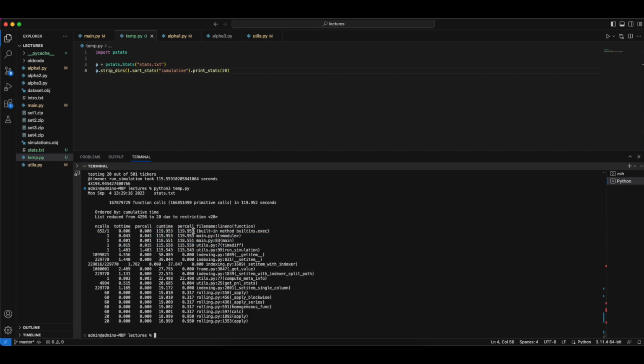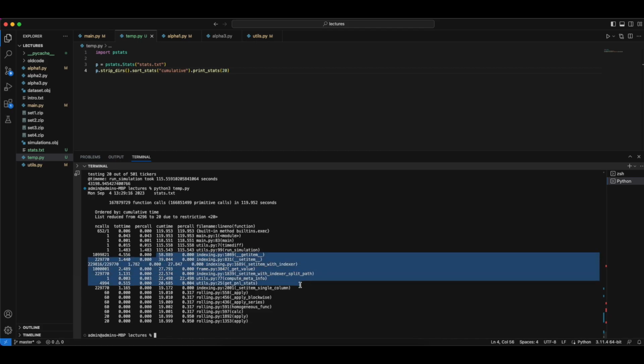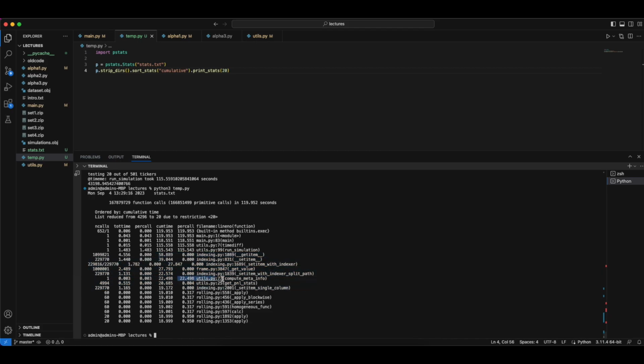So we can just ignore this. This is basically our entry into the Python code, so we will call main. These four functions are basically not too interesting because these are our entry into the code, and this is just your main entry into what you're typing in the first place, so we're not interested in that. You can see here right away that these already take a lot of time, and this function is,